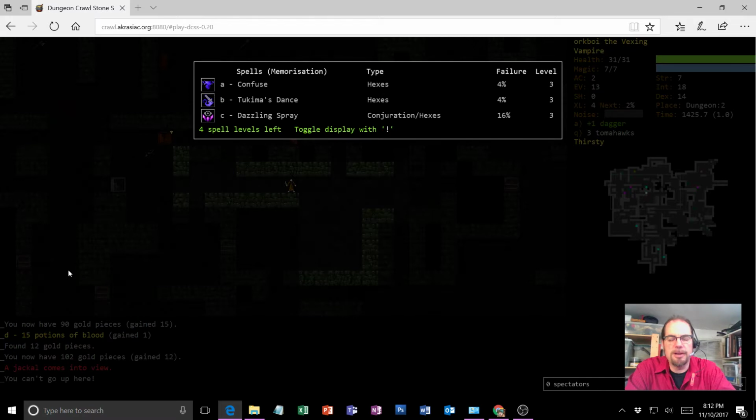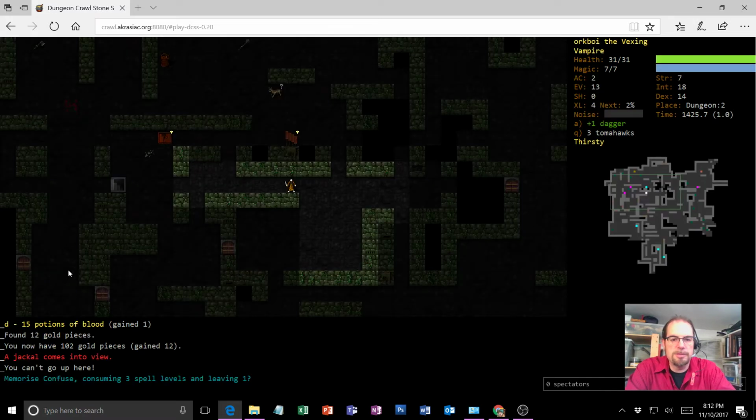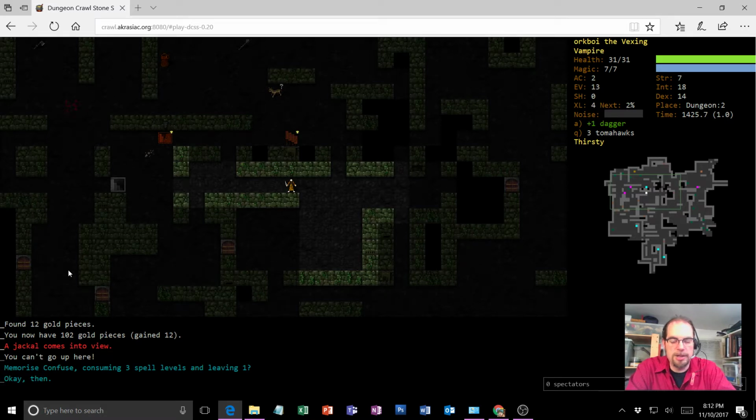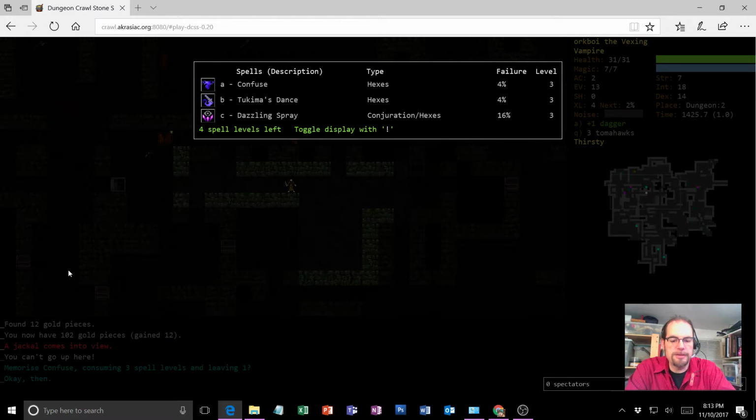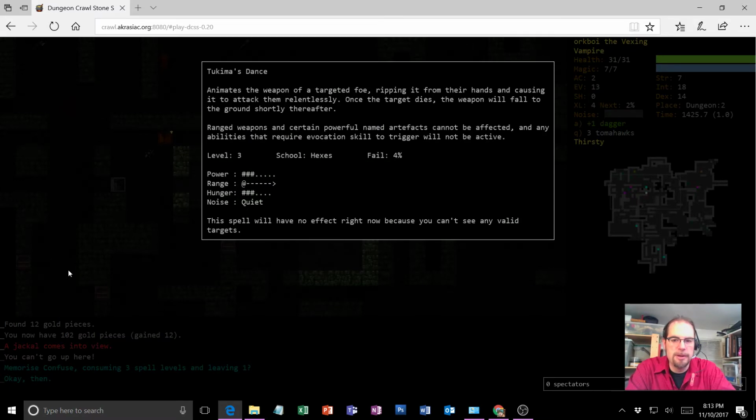What do I have? Okay, so I've now got a much better collection of spells. So no, I don't want to confuse. I don't want to memorize confuse. I want to read confuse. So it is a single target, which is too bad. Group confuse is very useful. Single confuse is much less. It rips the weapon from their hands and makes it attack them relentlessly. So this can be useful not because it's a great fighter, but because it gives the enemy another target to think about, which is very useful to me as a stabber and as a sneak, and also as a spellcaster, that anything that reduces the damage coming at me